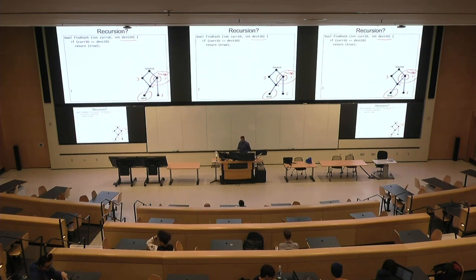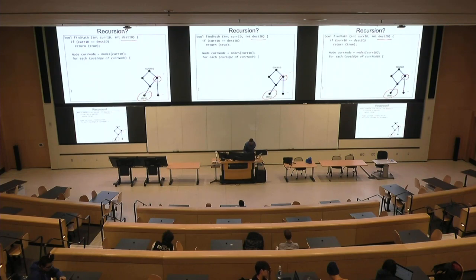So what I should do is basically look at what I can reach. I have these edges. I should look at the edges and see what can I get to in one step. I'm basically going to look at all my outgoing edges of this current node, and I'm going to say, well, what are the IDs that I can get to? So I can get here, and I can get here. And for each of those